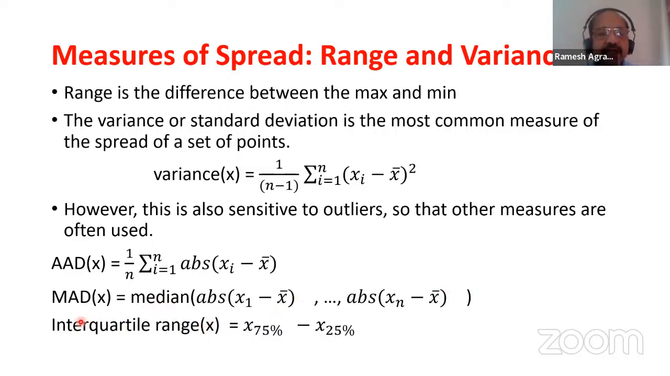Then one very commonly used range is the interquartile range. And this is defined in terms of X 75% minus X 25%. As we have discussed, what do you mean by X 75%? It means 75% of the samples in the data